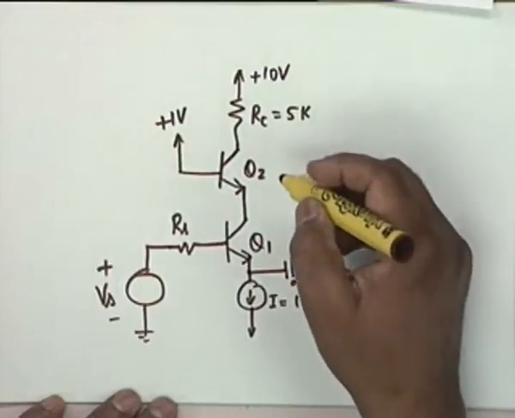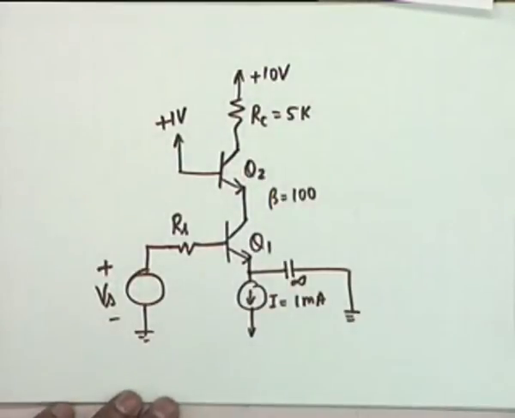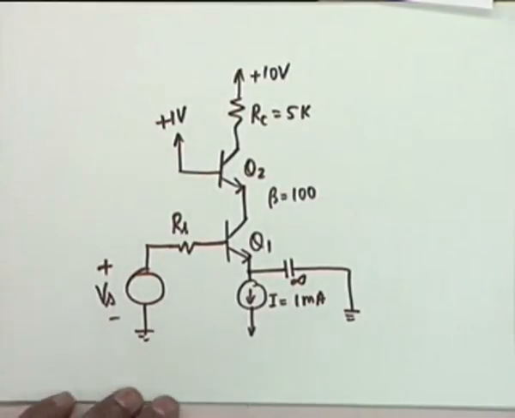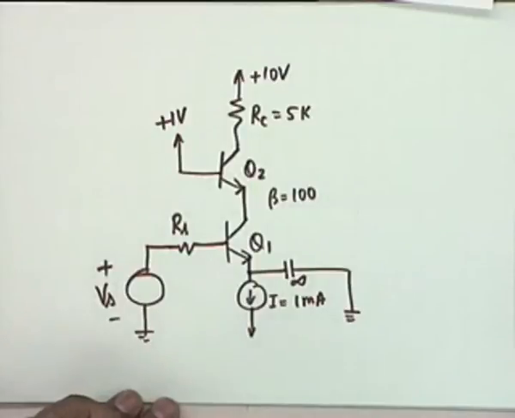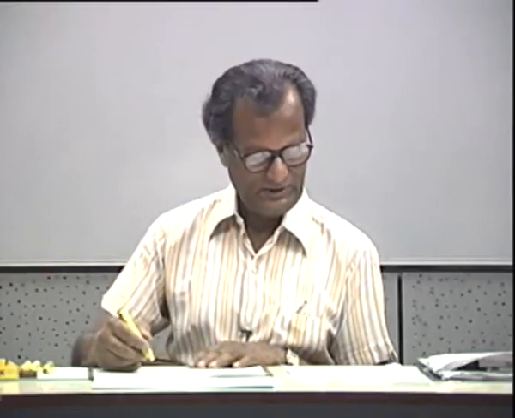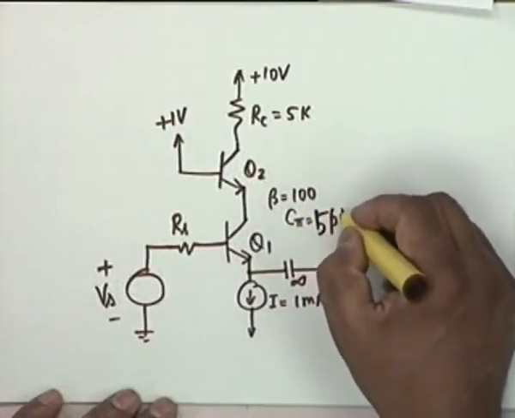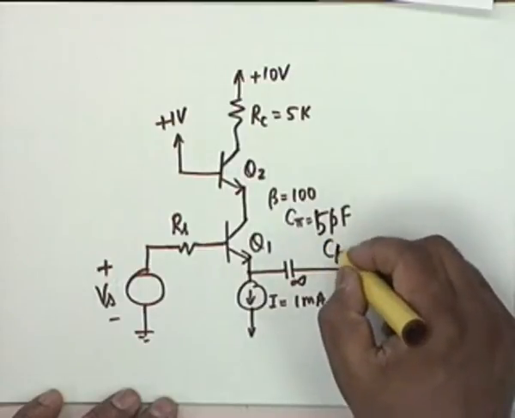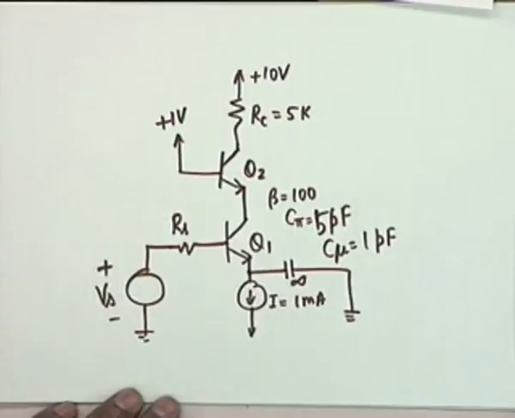The transistors, both of them have a beta equal to 100. Obviously they carry the same collector current, so GM1 and GM2 are equal, and that is what gives the cascode its basic property, namely that it can extend the high frequency range. Beta is 100, C pi is given as 5 pF, and C mu is given as 1 pF. The question is to find out,